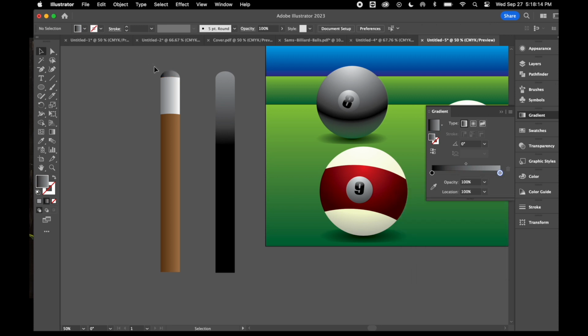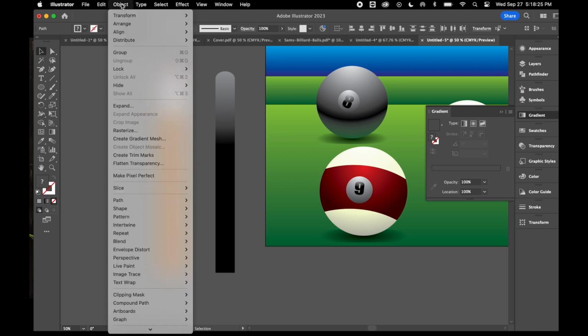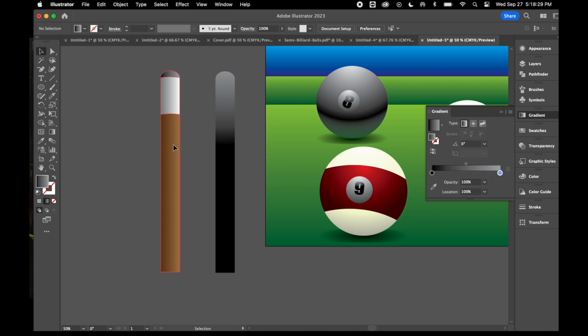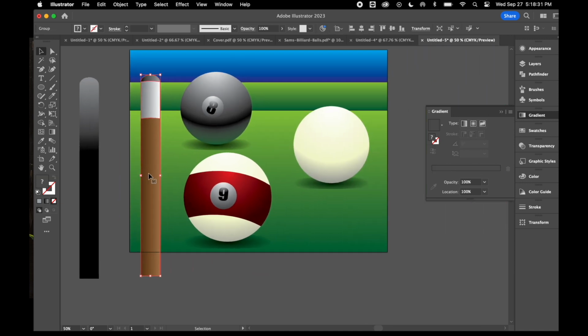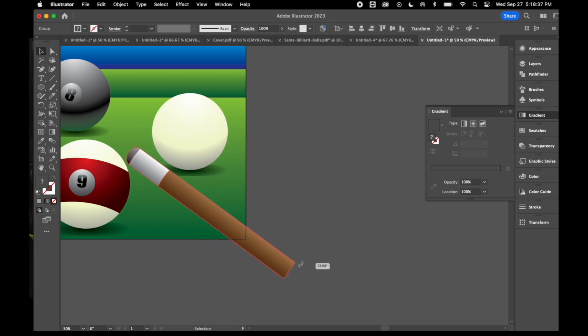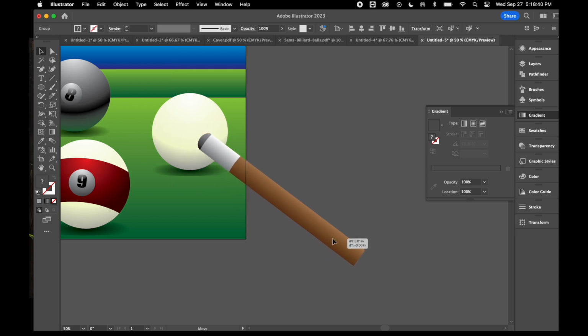Okay, now I'm going to go ahead and select those 3 pieces. When you divide it, it cuts it through there. So we're going to select those 3 pieces, and then we're going to group them back together. You can group it by either going to Object, Group, or you can right click and group. Once you group it, you can move it as one solid piece. So we'll put this over here. I'm going to spin it a little bit. I want it to look like it's getting ready to smack